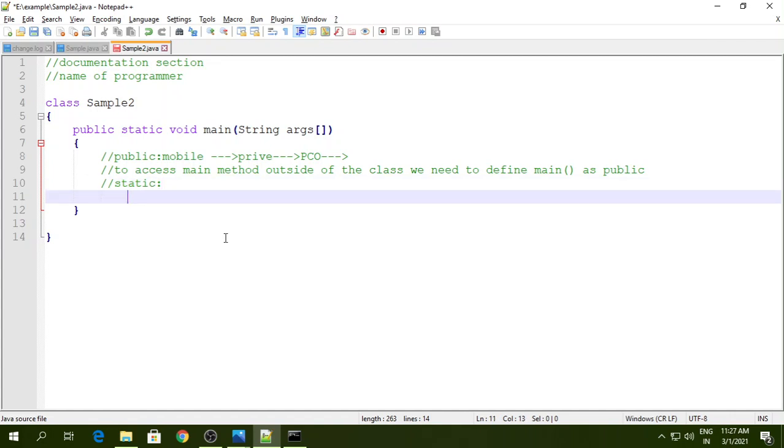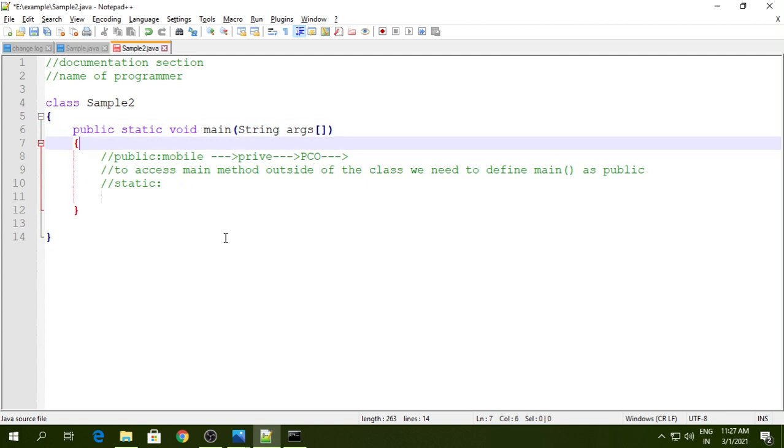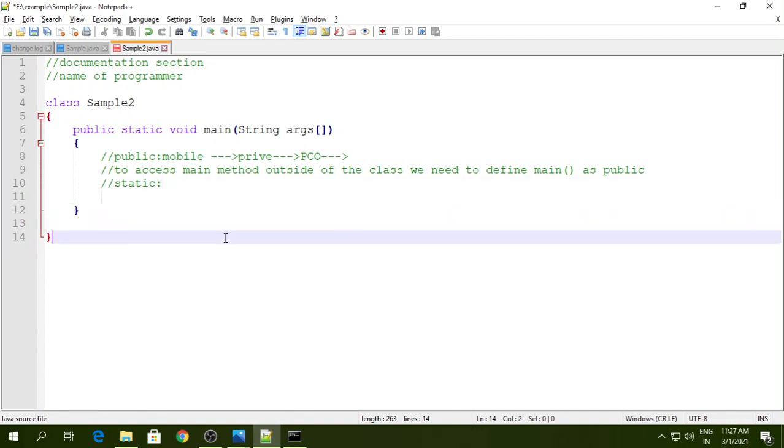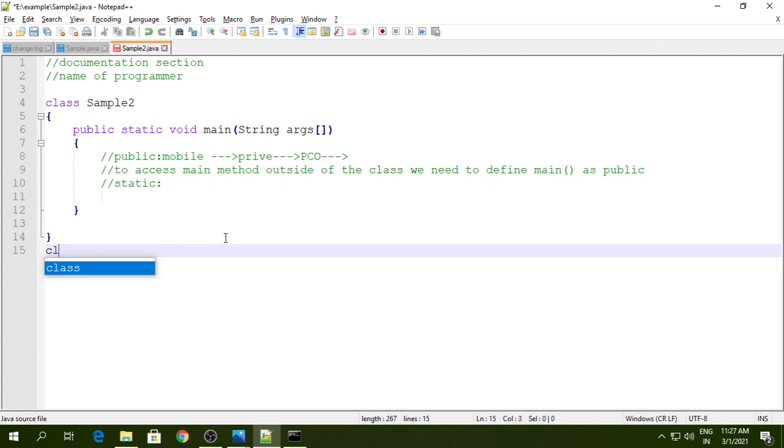To understand the meaning of the static keyword in the main signature, the signature of your main method, one thing should be remembered: whenever we write a class in the Java programming language, to access the members of the class, we need to create an object of that class.